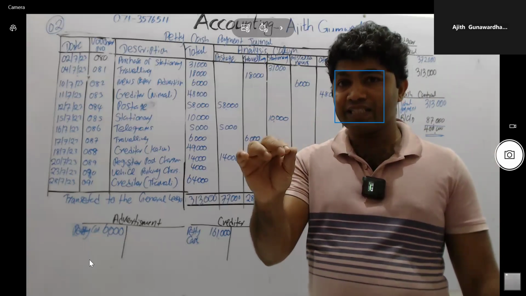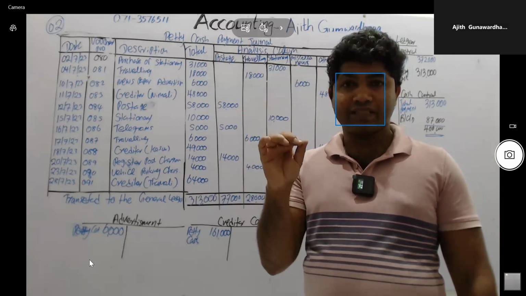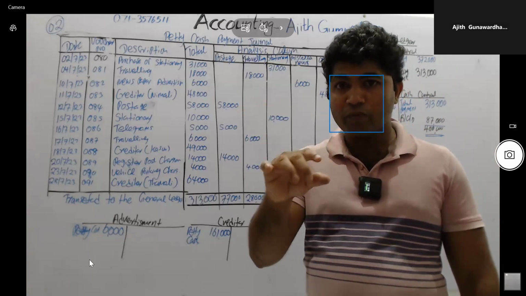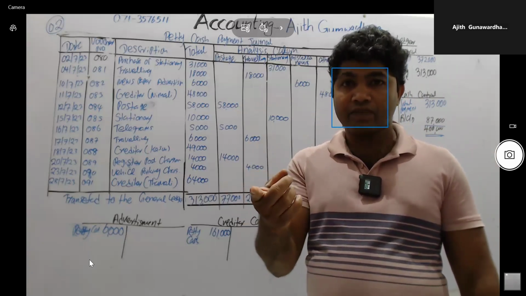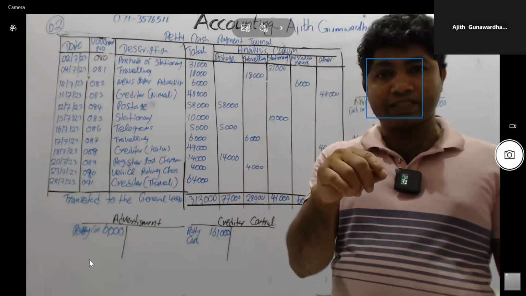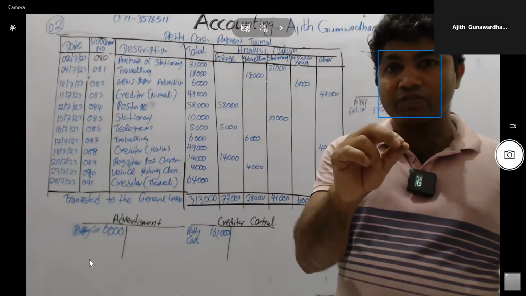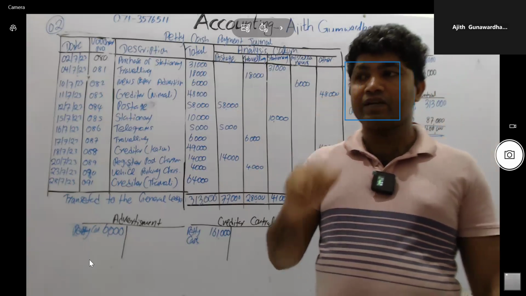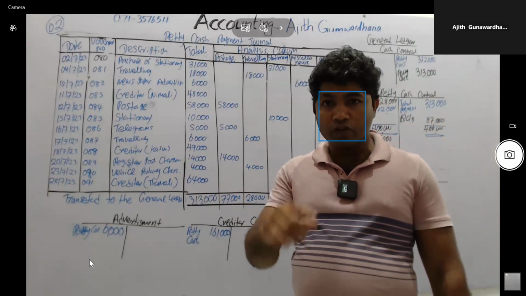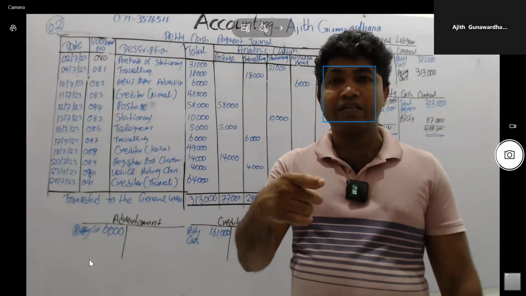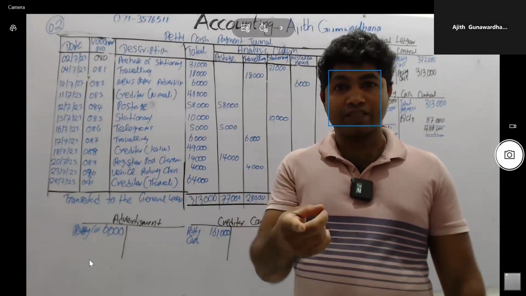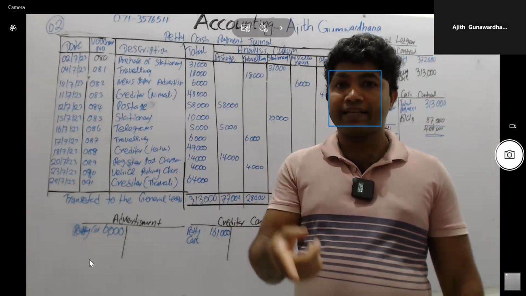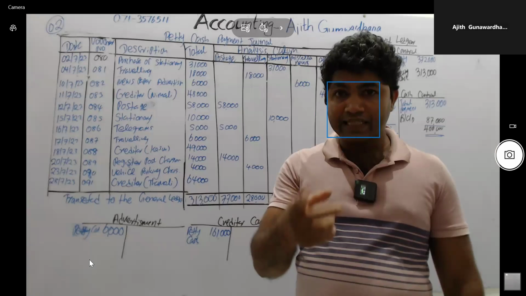Think debtors ledger, we have to prepare the debtor list. Creditors ledger, we have to prepare the creditors list. Therefore, compare with the creditor control account balance. Creditor control account balance will equal the creditor list balance. Debtor control account balance will equal the debtor list balance. If those two balances are not equal, next lesson, debtor reconciliation, creditors reconciliation, bank reconciliation, error correction, suspense